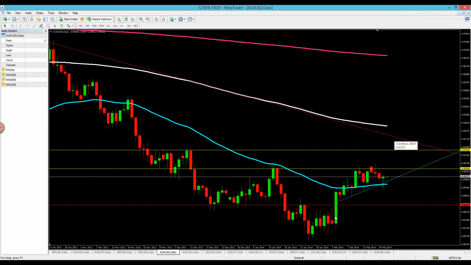Now, the short-term trend is clearly up. Okay, and so that's what we'll be looking for from here, to see where price is going to go. So we have a buy bias on the Aussie dollar, and I think that could be a bounce potentially right off of your best entry, I think, which is at 89.78, either at present values or at 89.78. I'll be looking for a buy on the Aussie dollar.